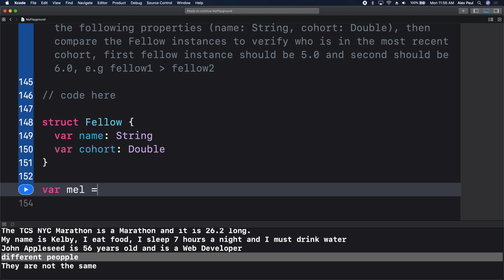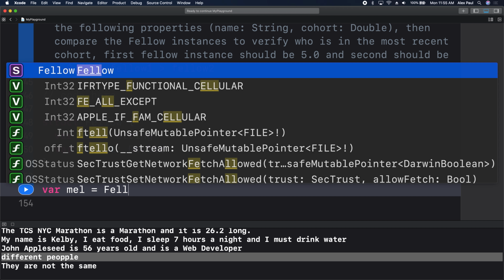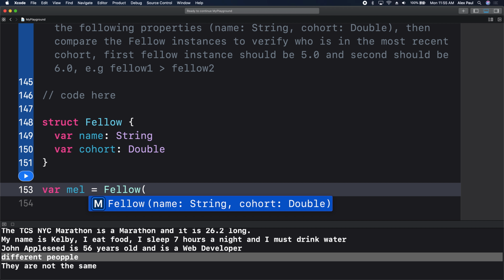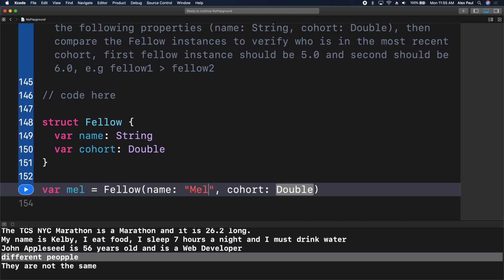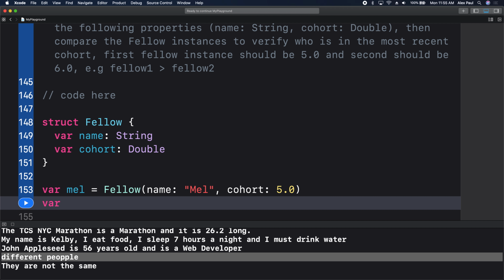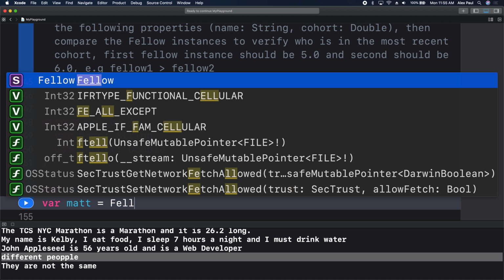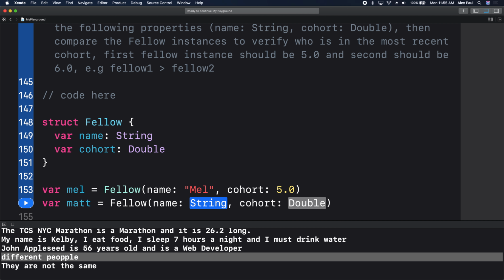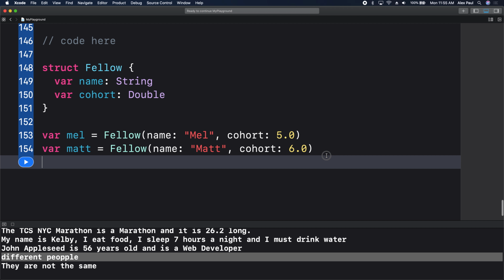So Brandon created a struct Fellow. It has two properties, a name and a cohort. Cohort is a Double. We have Mel from 5.0, even if you're not, which could be multiple places. Two Mels. And we have Matt, I think from 6.0. And now we'll try to compare them